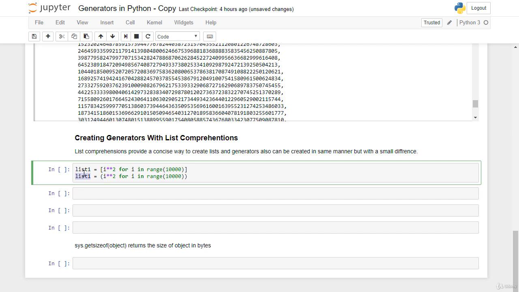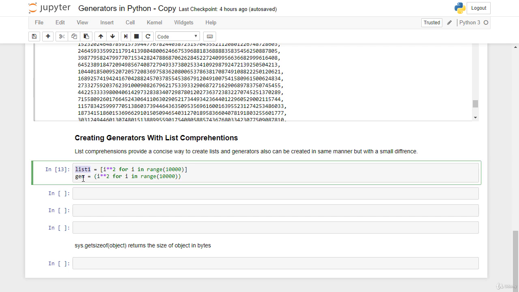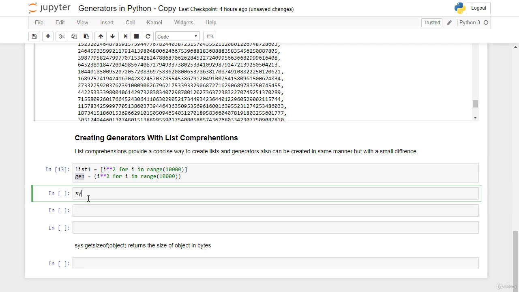Here I will name it gen. Okay, this is how simply we can create our generators with list comprehensions. If I now press Shift and Enter, as you see, I didn't get any error. Now I want to use a function, getsizeof. Okay, getsizeof returns the size of an object in bytes, and we will check the size in bytes of list1 and also of our generator, and you will see a huge difference between a normal list and generators. Okay, to do that I will say here